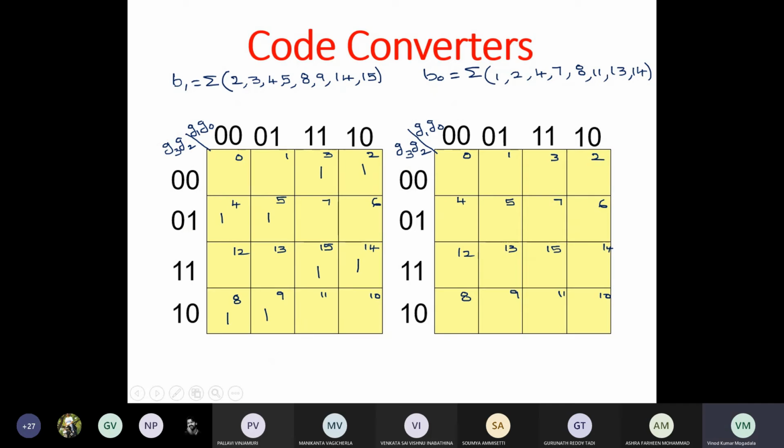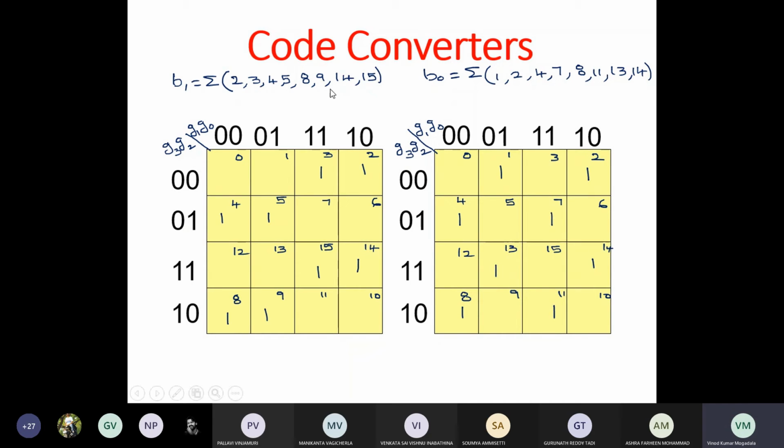And then similarly, list for B0 also: 1, 2, 4, 7, and then 8, 11, and then 13, 14.